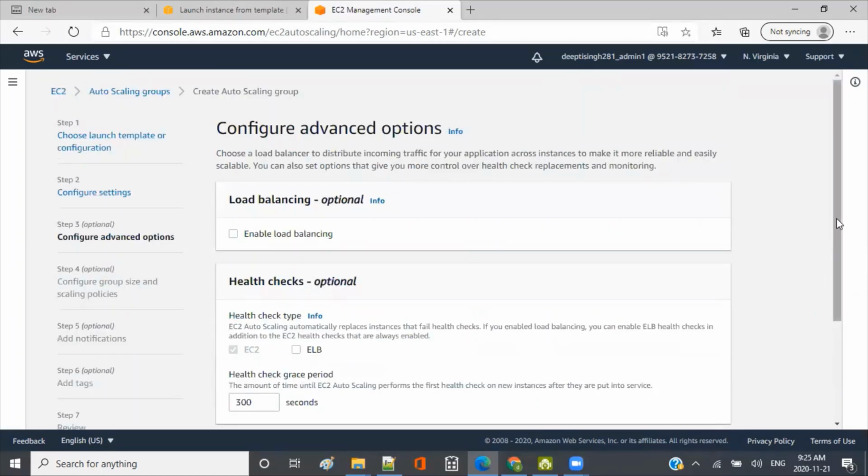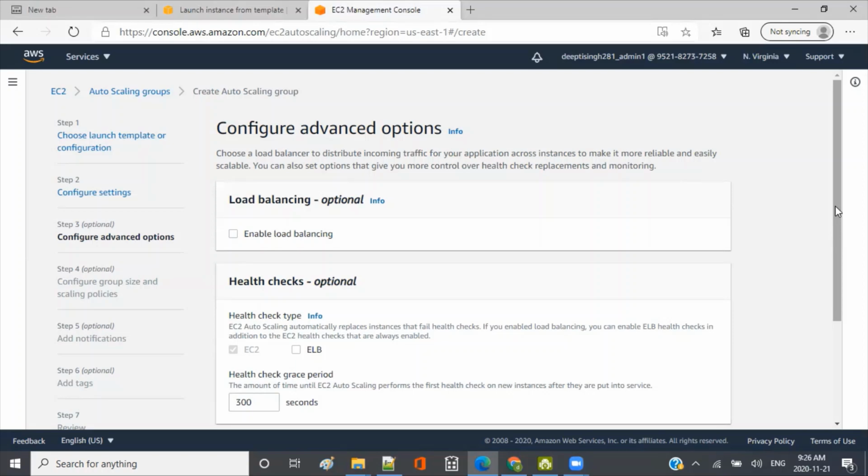So load balancing. There is no mandatory connection or direct connection between the auto scaling group and load balancing, right? You can create an auto scaling group and simply say, okay, I just want to keep maintaining 3 instances, that's it. You don't even need a load balancer. It will just create 3 instances, and if any instance launched by this goes down, then to keep the number equal to the desired capacity, it will launch new ones if required, right? So there's nothing saying that you need to have a load balancer.